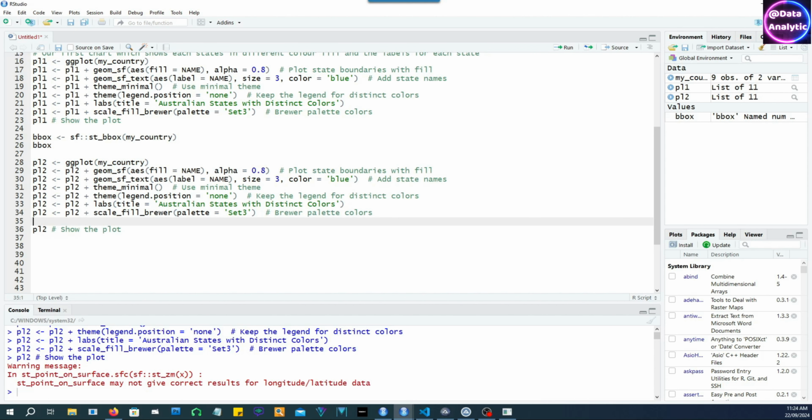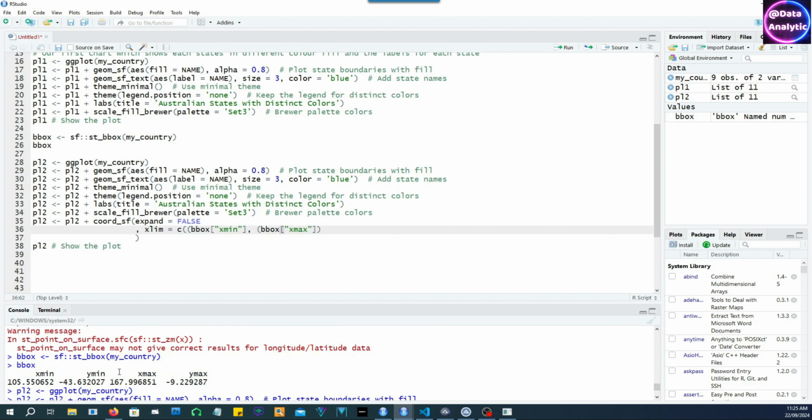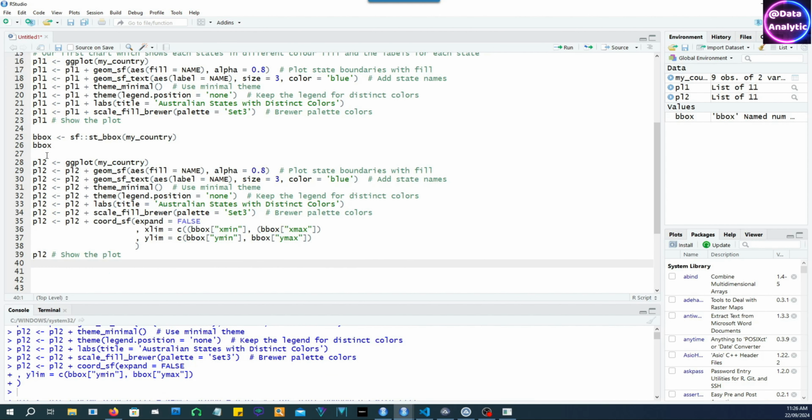So now let's add one more command, and the xmin and the ymin which we got from the bounding box can be used to try to clip the boundary so that the chart becomes slightly bigger. So using xlim in the x direction, we'll give the minimum value and the maximum value which we obtained from the bounding box command. So this is the minimum which we got, this is the maximum which we got on the x-axis, and similarly we'll copy it for the y-axis also. There we go. And if we run this command, we would be able to get